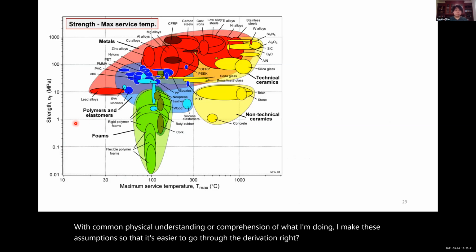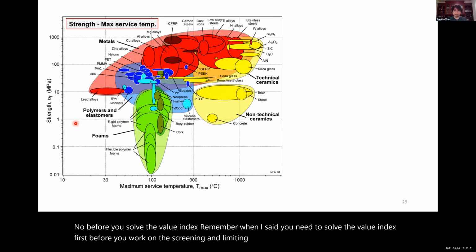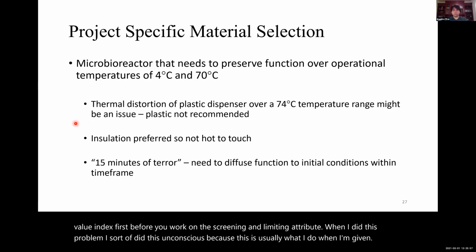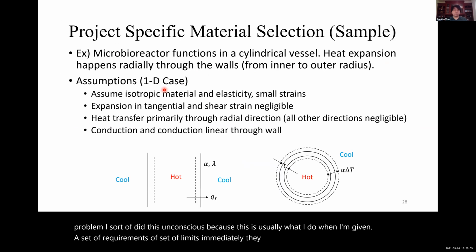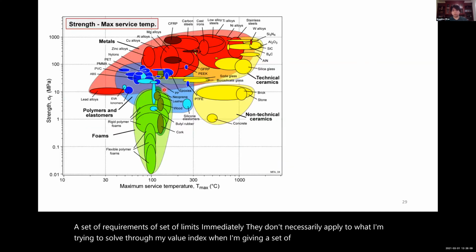Now, before I solve the value index, remember when I said you need to solve the value index first before you work on the screening and limiting attribute? When I did this problem, I sort of did this unconsciously because this is usually what I do. When I'm given a set of requirements, a set of limits that don't necessarily apply to what I'm trying to solve through my value index, such as surface temperature boundaries,